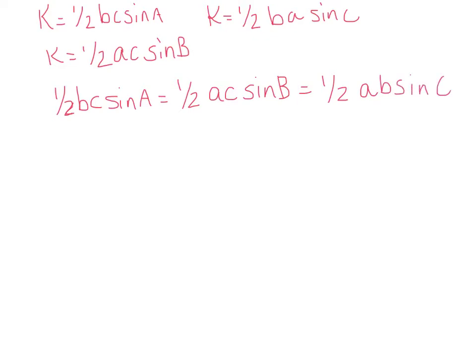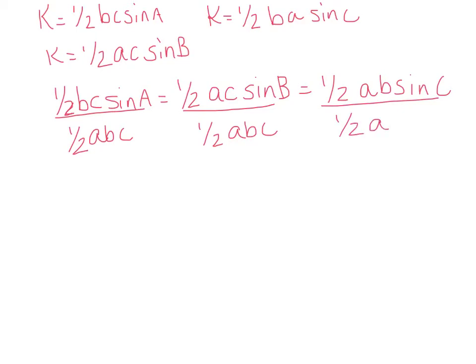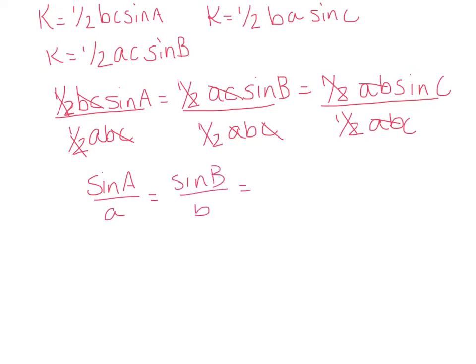Remember that with equations, anything you do to one side of an equal sign, you have to do to the other. So what I'll do is I'm going to divide each one of these by 1/2 abc. What happens? The halves all cancel. b and c cancel on the first one. a and c cancel on the second one. a and b cancel on the third one. And we're left with sine of A over a is equal to the sine of B over b, and that's equal to the sine of C